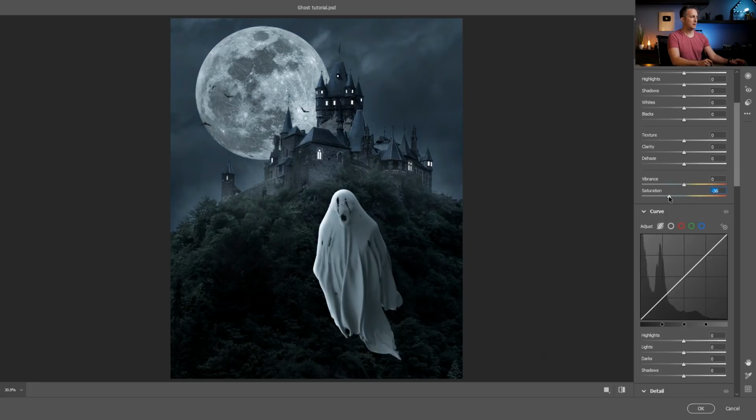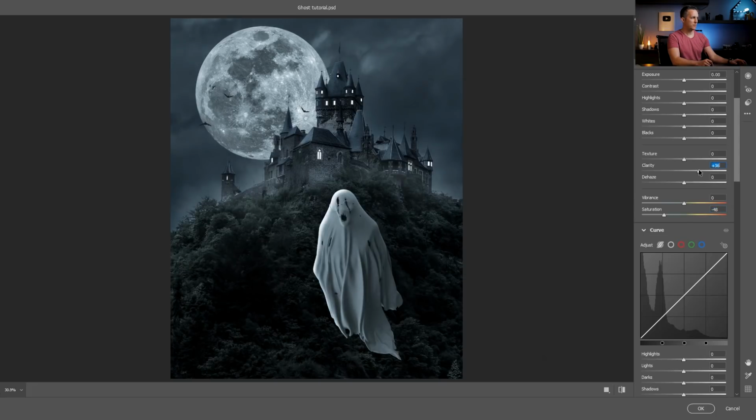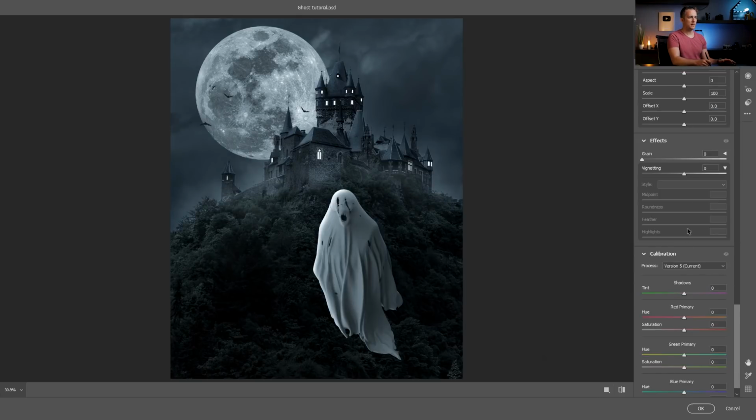I will definitely drop down the saturation a bit. Also clarity, we can boost it, but I want to lower it and boost the texture. I can add a little bit of haze or dehaze it. Also, maybe we can make the sky darker. Let's use vignetting and let's see, yeah, this is perfect. So like that,